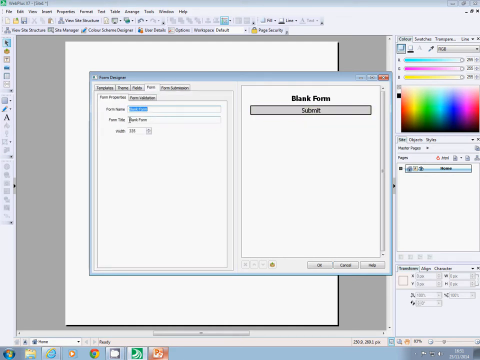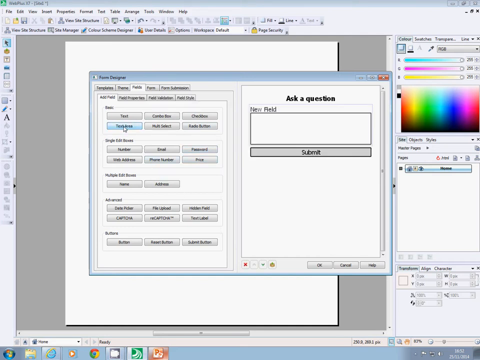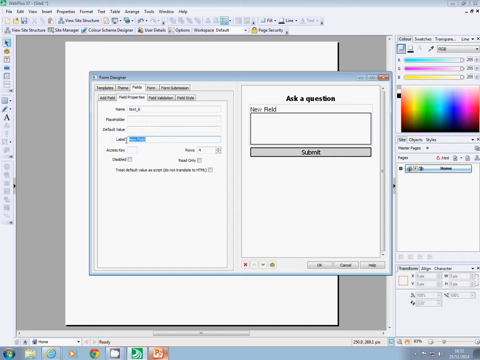So if I click onto the form, onto form title, I can change that to ask a question. Okay, I now want to add some fields, and I want two fields. I want a text area, so that's a place that somebody can actually put a question into. I'm going to go into field properties, and I can put that down as please type your question here,